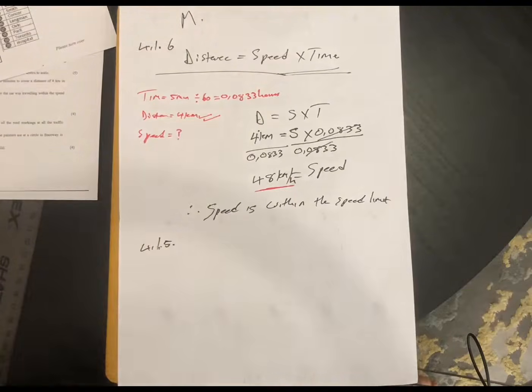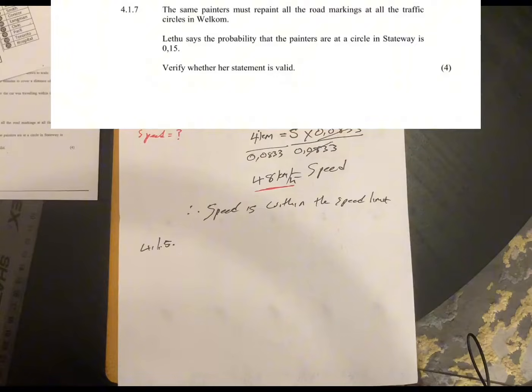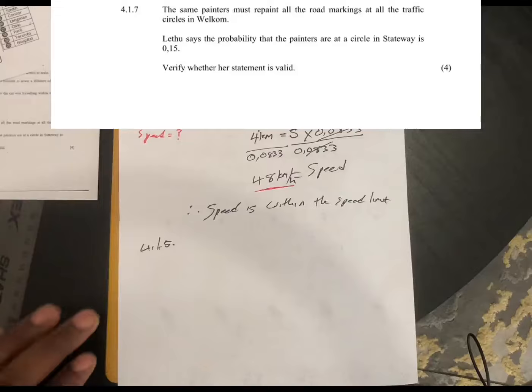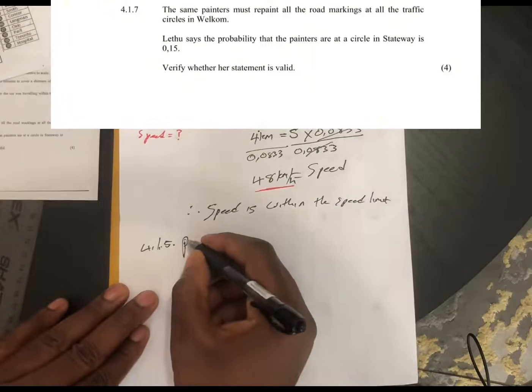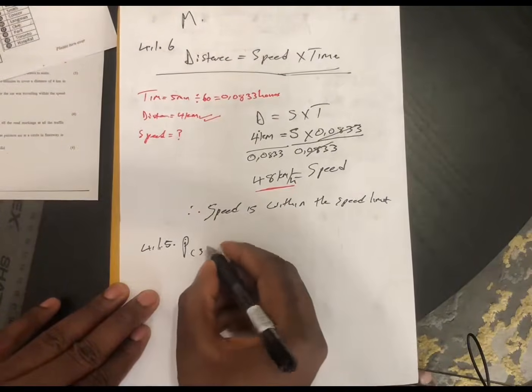So let's look at the next question, 4.1.5. The same painters must repaint all the road marks and all the traffic circles. Letu says that the probability that the painters are at a circle on a state way is 0.15. Verify this. So what we know, let's say the probability of what? Probability of a state way